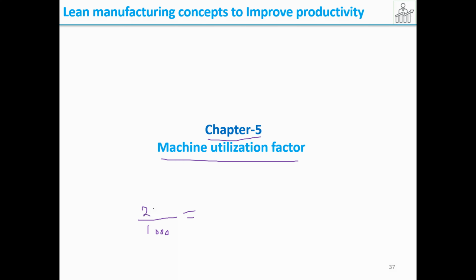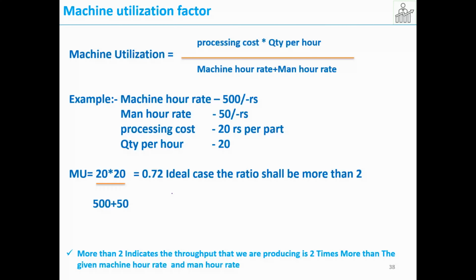So at least 2,000 rupees. So double the investment. So that means the ratio will be 2. This is your investment and this is your sales per day. So you're able to divide, 2 times the numerator. Therefore, you get the ratio or the factor as 2. That means you've done 2 times the investment. So 1,000 rupees is balance for the investment and 1,000 rupees is your profit.